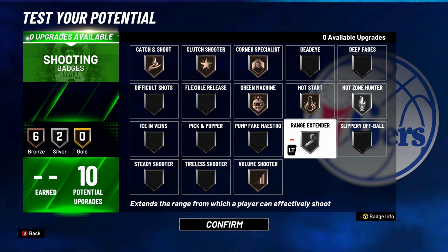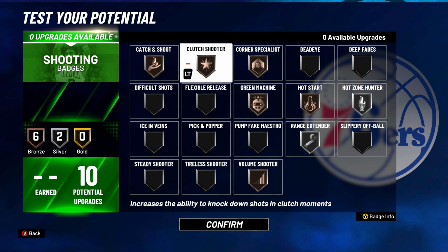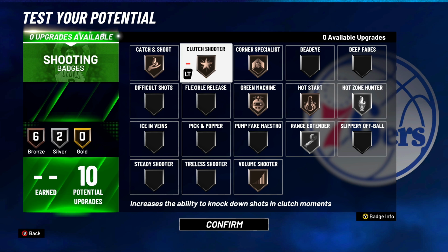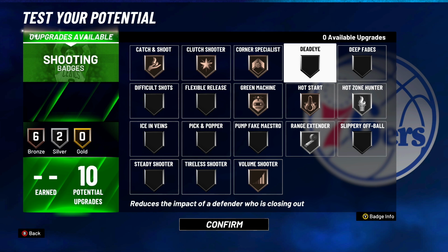So to make things extremely obvious as to why I have this as the number 1 most important Hall of Fame badge category in 2K21, give me Range Extender and Hot Zone Hunter. To have these things on Hall of Fame is mad important. And then if you're talking in the situation of a corner spot up or a two-way sharp, anything like that that has the Hall of Fame badges, and you're spotting up in the corner like I was saying, Catch and Shoot, Corner Specialist, Green Machine, and even for the point guards out there, Volume Shooter, Hot Start, Clutch Shooter, all super important badges. You can even make a case for Difficult Shots, Deadeye, as super important badges to be running